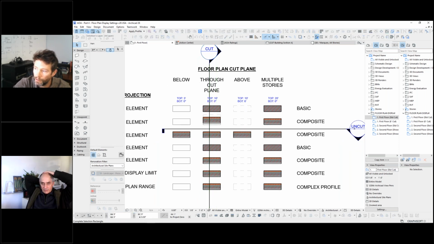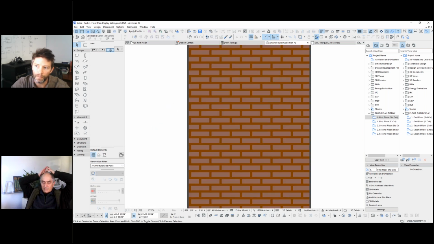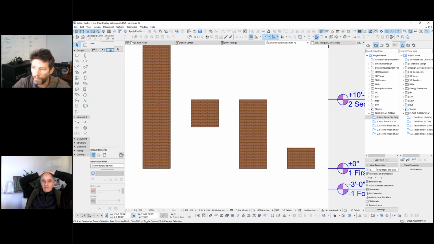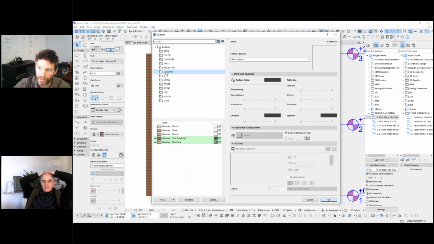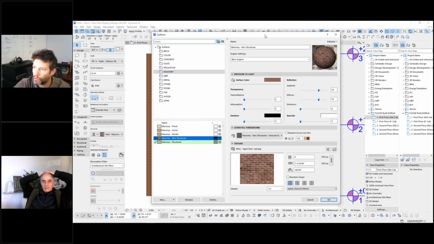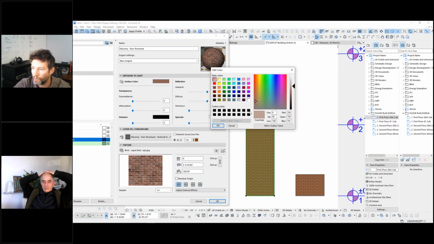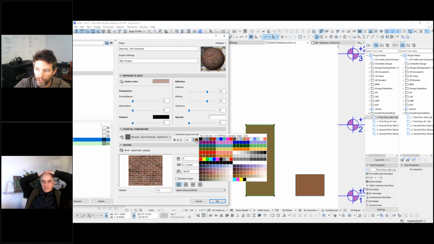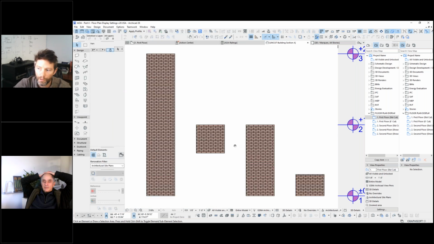If we go to our uncut, instead of building materials, it's a little bit more of a discussion about surfaces. So again, we've gone through and tracked this through to see where this is coming from with our surfaces. So we go to our masonry, we can see our masonry non-structural. We can see on this particular view that we have a surface color. And so we can lighten this up and adjust that background color. We can change our pen color here if we wanted it to be a little bit tighter black pen, we could set that there. And just by making these few quick little changes to attributes,